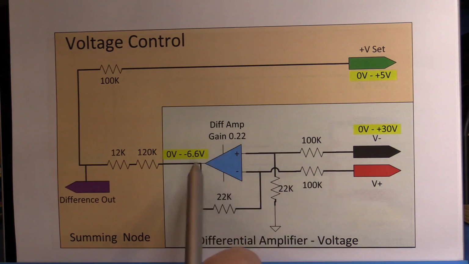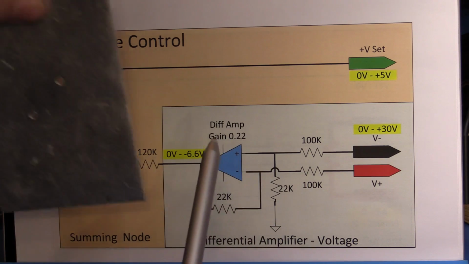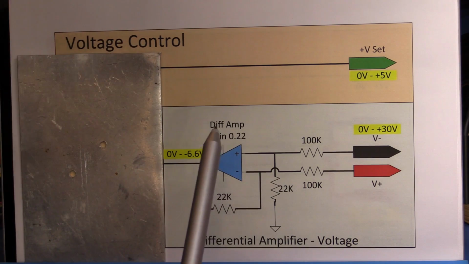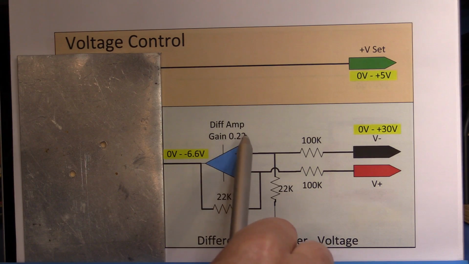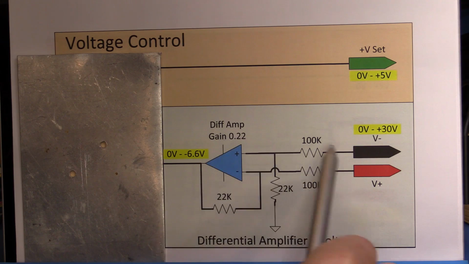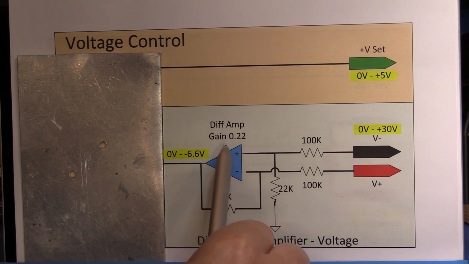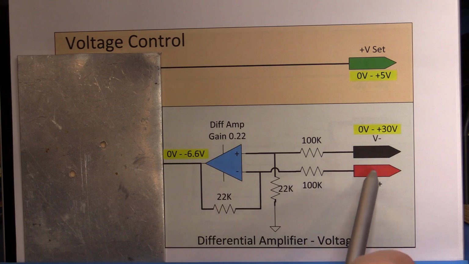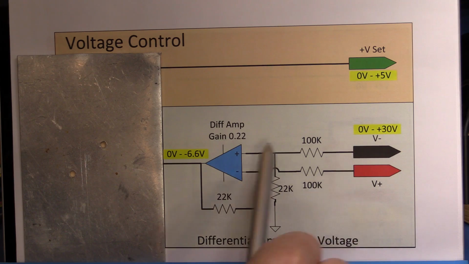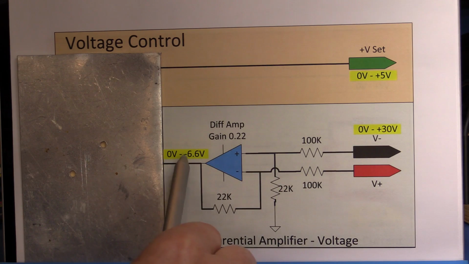Anyway, the net result of what we have here, again ignoring the summing, let me just cover that up so we don't confuse, is that we have a gain of about 0.22. So that means that for 22 volts coming in, we'll have basically just over a fifth of that coming out of the other side. So we've got 0 to 30 volts coming in here, which is our desired range. Based on this configuration, at least mathematically, we're going to get a 0 to minus 6.6 volts out of this